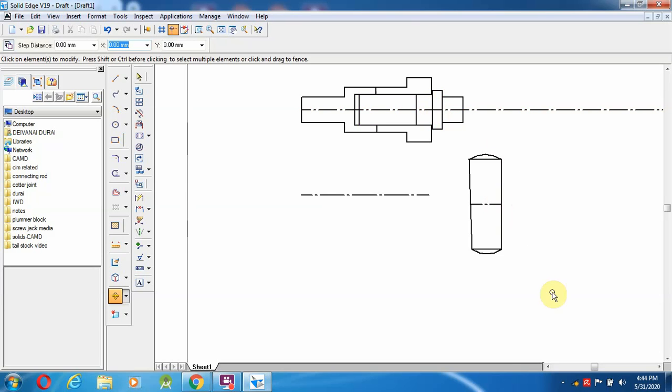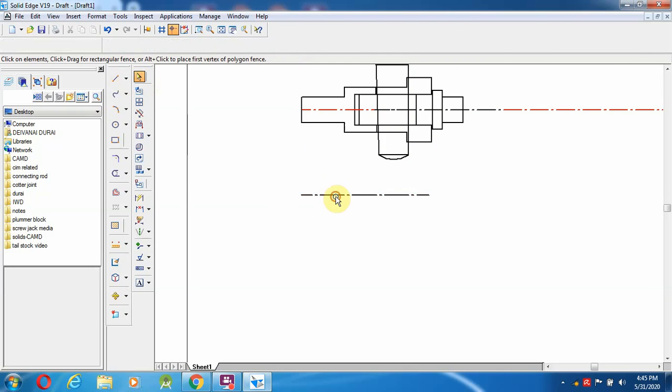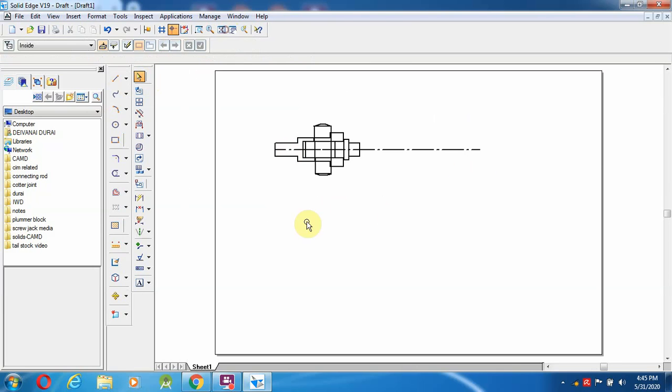Okay, same like this, this is the one I'm going to keep over here. Okay, so after doing this, give fit. So this is the thing we want to create over here.